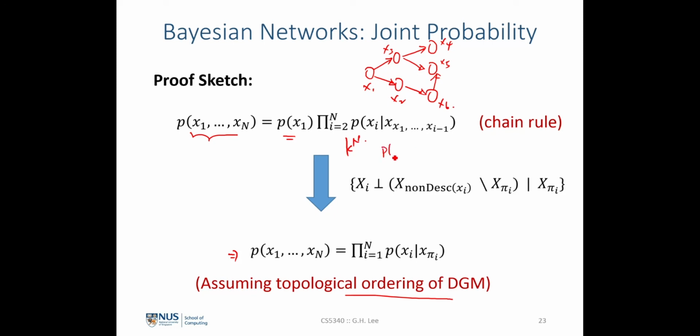We can see that despite that we factorize this into this form, p of x2 conditional upon x1, and then all the way to p of xn conditional upon xn minus 1 and all the way to x1, this table over here still requires k to the power of n number of parameters to represent it. But by assuming that we have the conditional independence, the parent-child relation that we have seen earlier on, we can